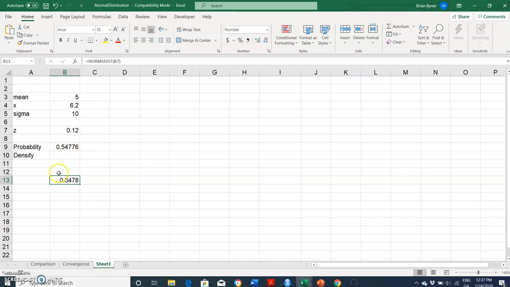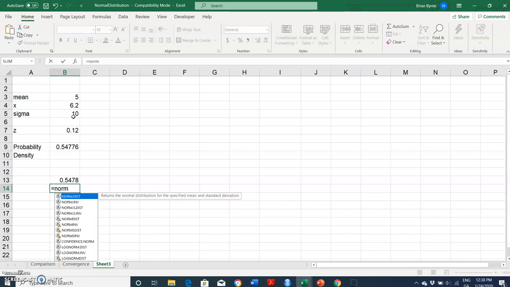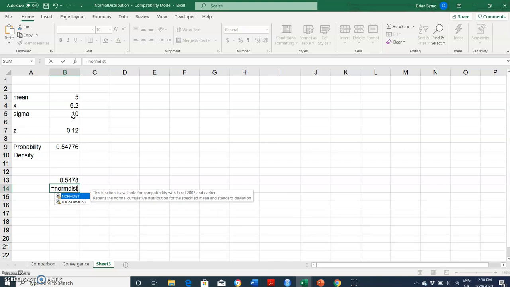Okay. But if we didn't convert to z-score, we could have used the other function, not NORM.S.DIST, because that is explicitly indicating you read a z-score. Right, we can read directly from here. So by that I mean we can use another function in Excel called NORM.DIST. So equal to NORM, and then no S, just DIST, open brackets. And then we specify, well, we want to find the probability of getting a variable less than 6.2, 6.2 or less,